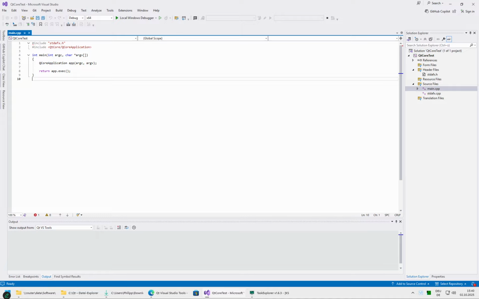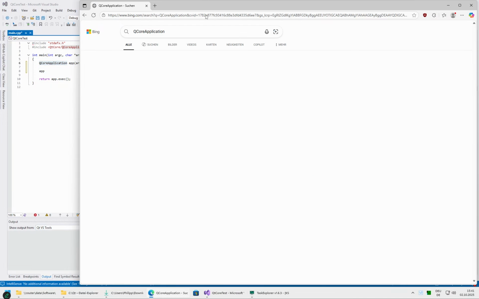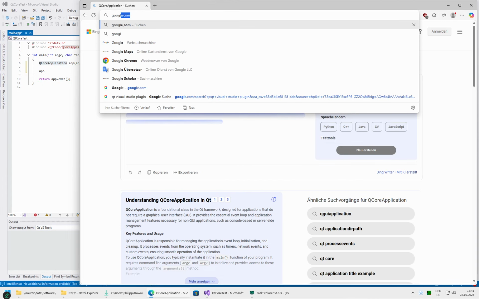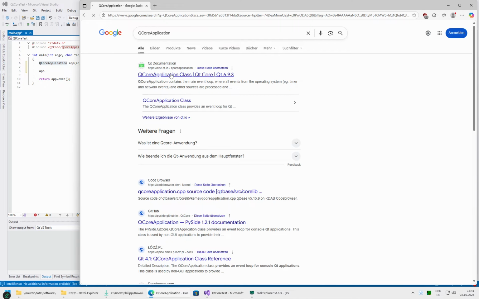The application object is quite nice to have because it offers you many convenience functions like, oh, does this work? Visual Studio should show you the objects available, but apparently it hasn't loaded all the IntelliSense stuff. So what we can look for, we can just Google it. No, we won't Google